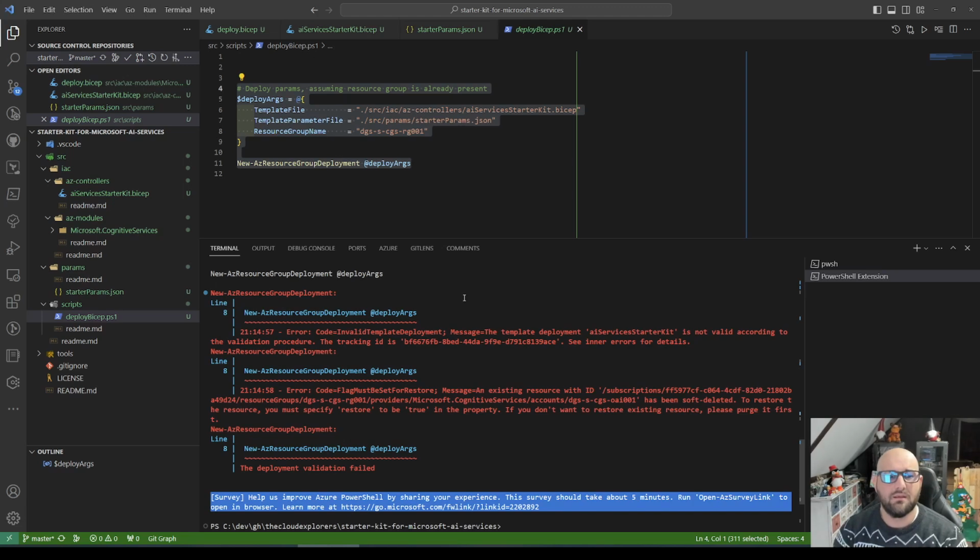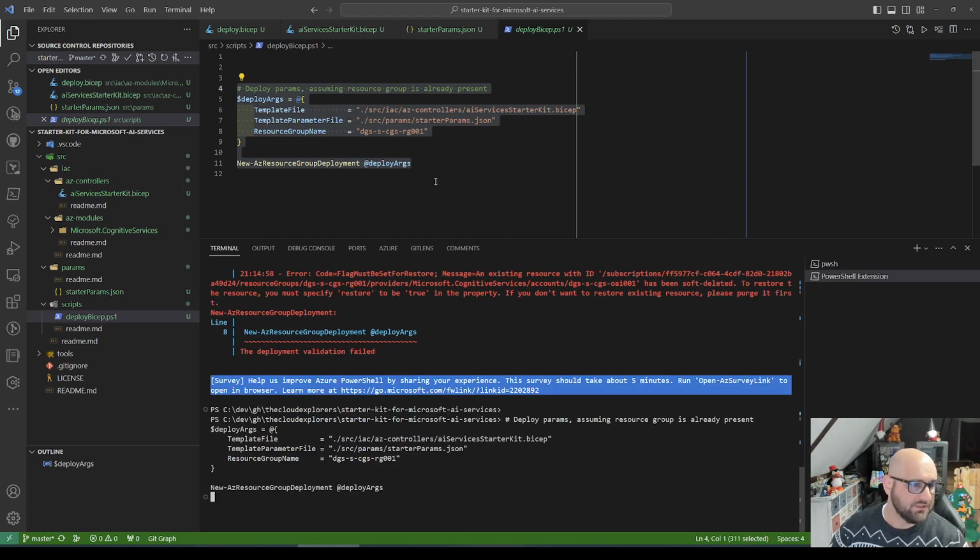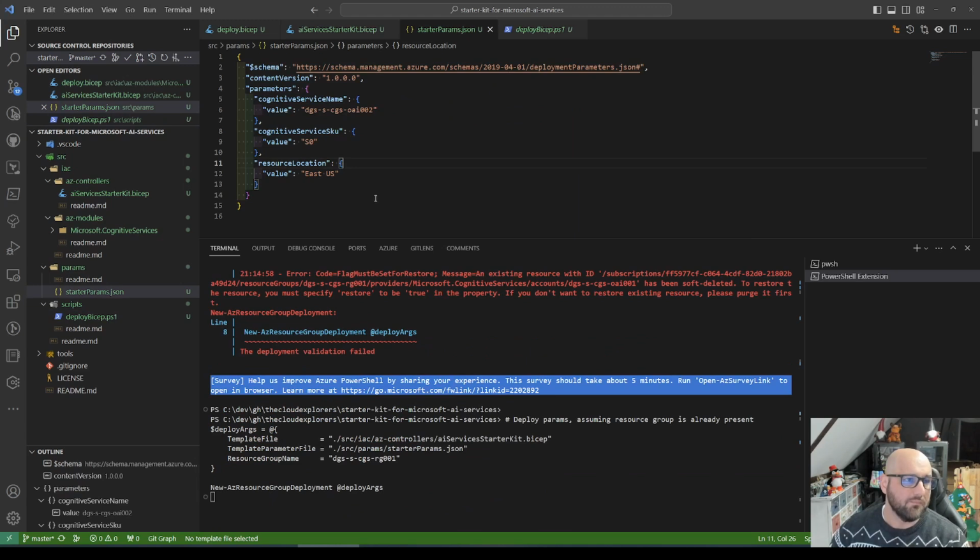I knew that the services were, after deleting at least the Azure OpenAI services, kept for 30 days, but I kind of did not link that to the soft deletion. So this is a good one actually for me as well, to know that if I want to delete them, I actually need to make sure I force delete them instead. So while the deployment is running, these are the parameters that I'm using: the cognitive service